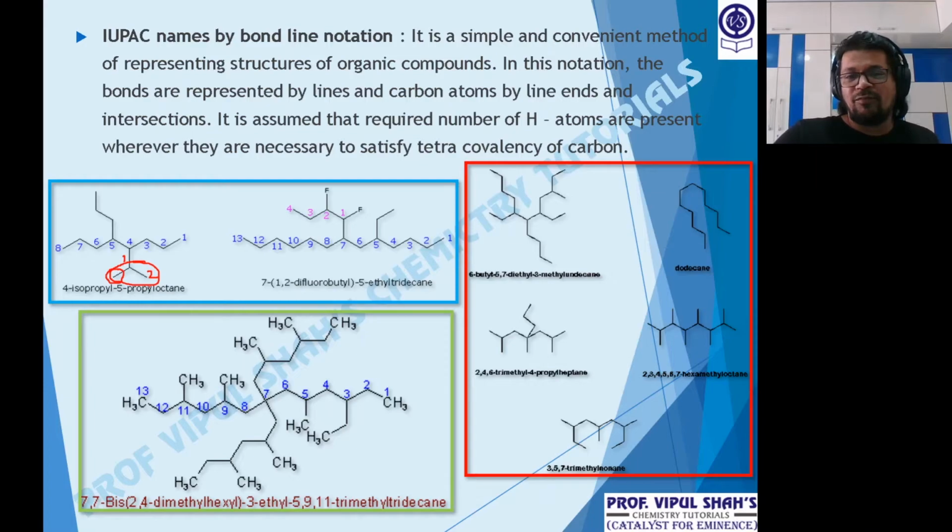Now this is something where you have more carbon atoms, so please concentrate here. Now you have a total of 13 carbon atoms. Now 10 I have already told you. Now beyond 10, okay, listen. 11 is called undecane. Un is 1, decane 10, so 11. 12 dodecane, do is 2 plus decane, 2 plus 10, 12. 13 tridecane, 14 tetradecane, 15 pentadecane, 16 hexadecane, 17 heptadecane, 18 octadecane, 19 nonadecane, and 20 icosane.